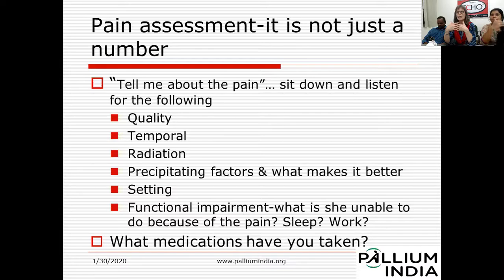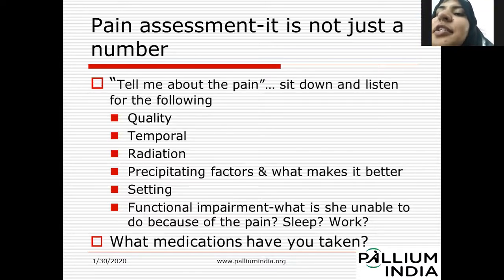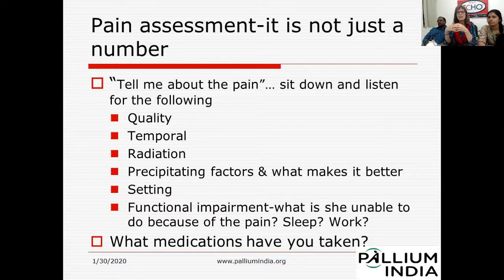What are we listening for when I say temporal? Time. The diurnal variation. Is it worse in the morning or worse at night? What else? The duration? Okay, we'll talk about whether it's radiating later. What else? Is it disturbing the sleep? Is it nighttime? How far back did it start? When did it start?